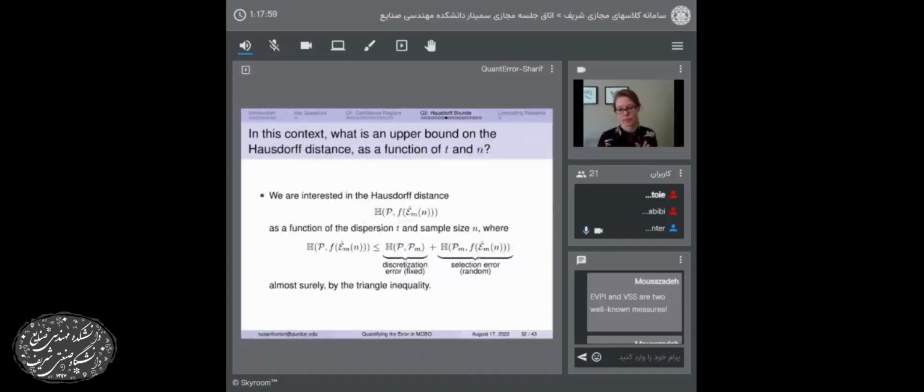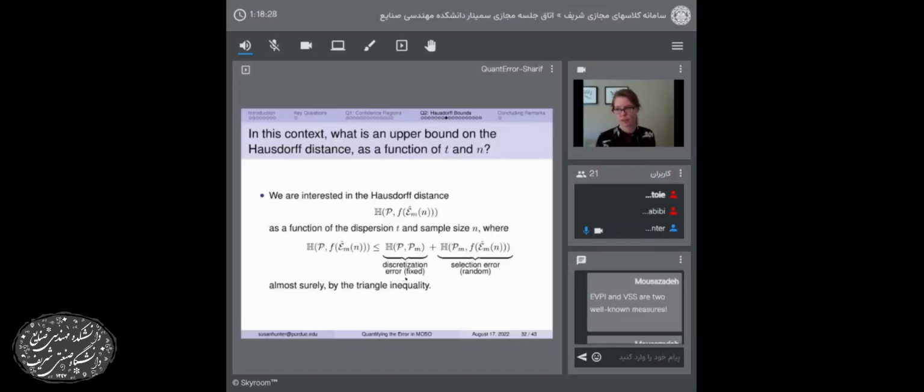And now we want to know what is an upper bound on the Hausdorff distance as a function of t and n. So we know that Hausdorff distance is a metric, so we can use the triangle inequality to split this into a discretization error, which is fixed. This is the Hausdorff distance between p and pm, and a selection error, which is random. And so